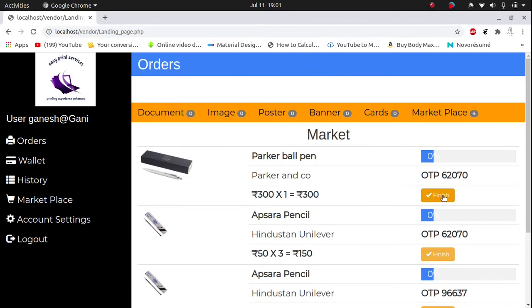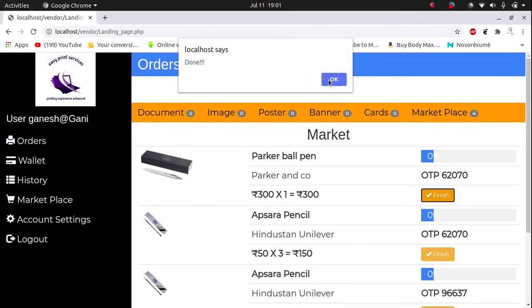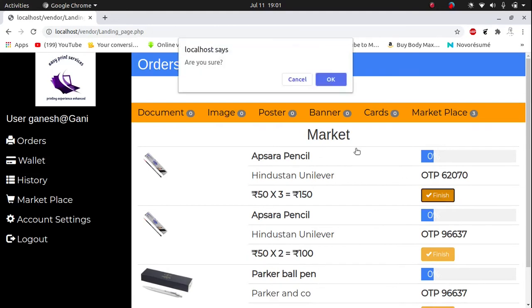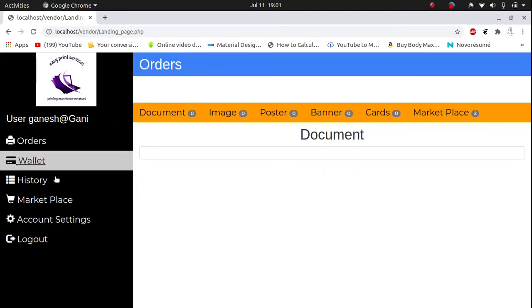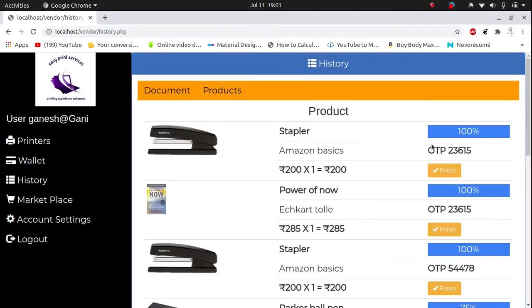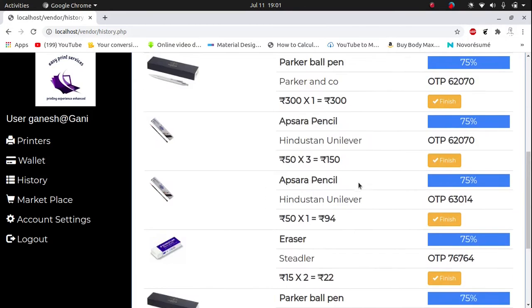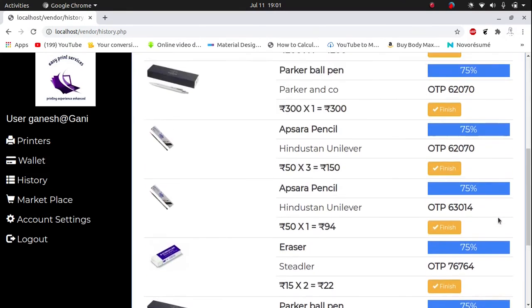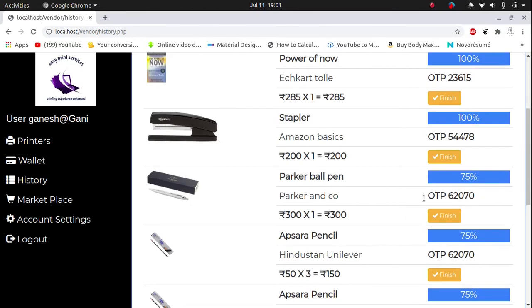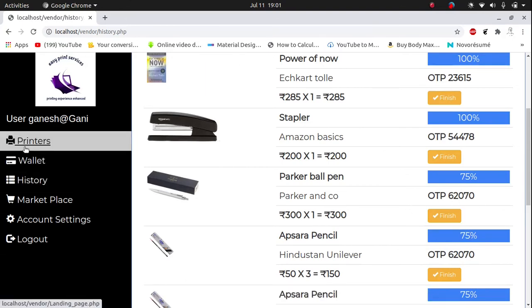So now if I just finish, okay, like if the vendor wants to set it aside, and yes, okay, now let me just go there, and in the history, if I just click on products, stapler, and here I can find it here. So this is sorted in alphabetical order. 62070 was my OTP. So now if I go and receive the order,